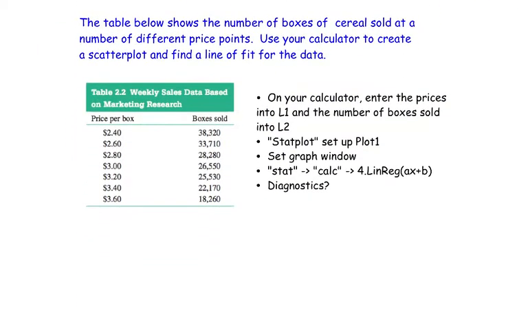So the table below shows the number of boxes of cereal sold at a number of different price points. We're going to use our calculator to create a scatter plot and find a line of fit for the data. Now, it turns out it doesn't actually help if you create the scatter plot or not, so if you would like to make your calculator plot dots on it, cool, okay? But it doesn't actually help us when all we really need to do is find the line of fit